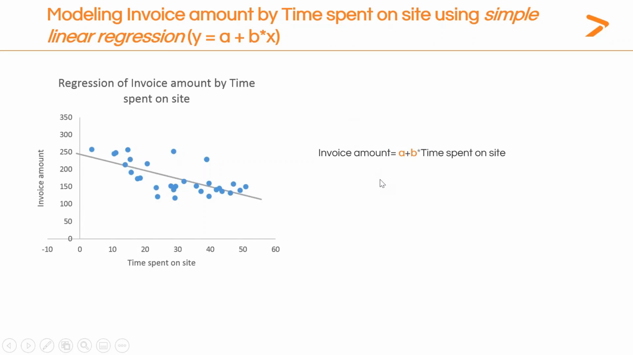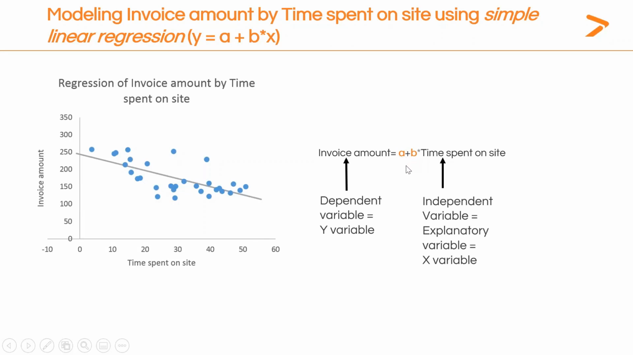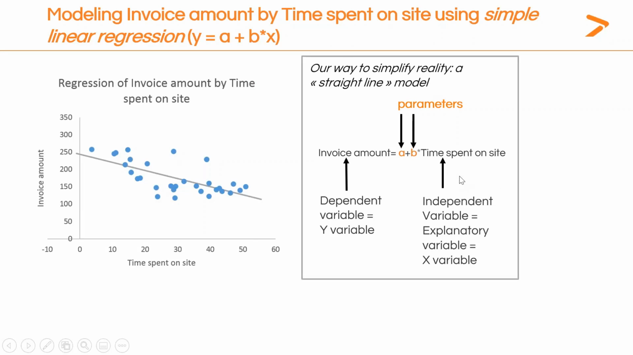So as you can see, a statistical model links the dependent variable to the independent variable through an equation using parameters, in orange, or coefficients. So this is my way of simplifying reality, a straight line model. A will represent the intercept. This will be the y coordinate of the intersection point between the y-axis and the model, or the straight line. And B will be the slope